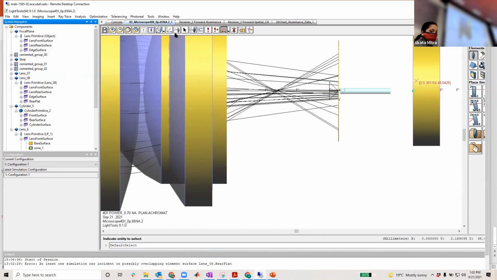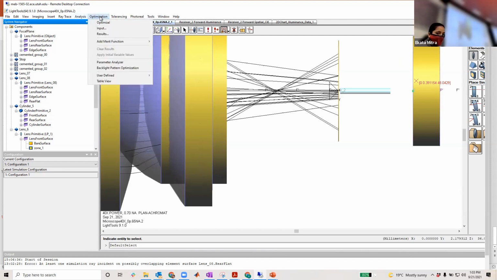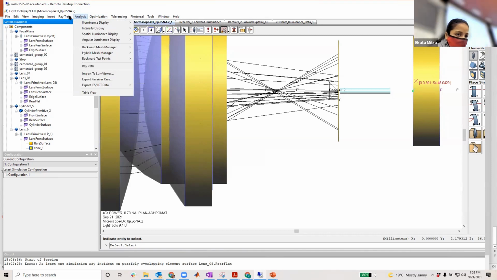Still, when I started the simulation, you can see the changes. So that means this is how you are going to test your system. You can change it, simulate it, and you can also optimize it.